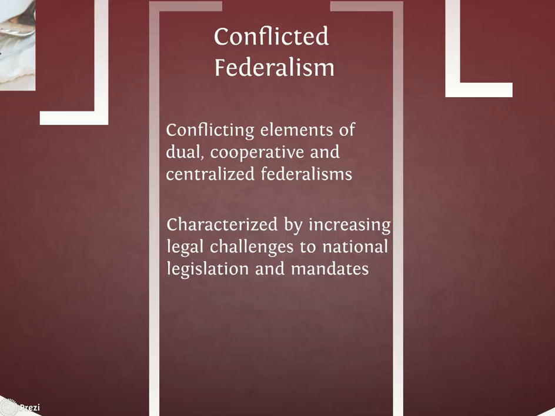Efforts to centralize policymaking at the national level are evident, as are efforts to decentralize the implementation of national policies to the state and local levels. For some policy matters, the national and state governments operate independently of each other, and hence dual federalism is at work. For most policies, however, intergovernmental efforts are the norm. These efforts may be voluntary and a means to advance state policy priorities, cooperative federalism, or they may be compelled by national legislation, centralized federalism.